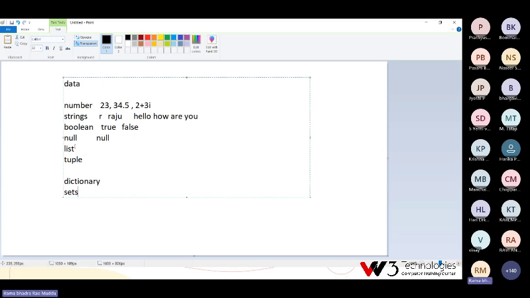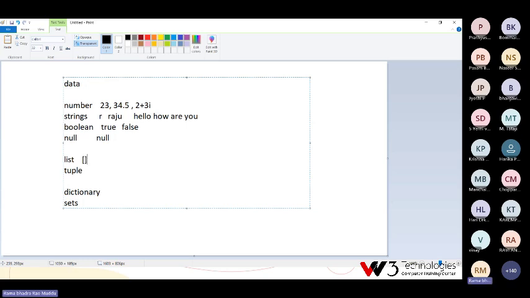These are also different data types in Python. So it is a rounded number, a decimal number, a complex number, a character, a word, a collection of words or a line. You can give multiple lines also. It is a Boolean true value, a Boolean false value, null. Like that you can store a collection of data.